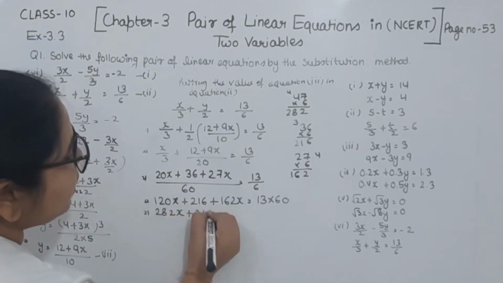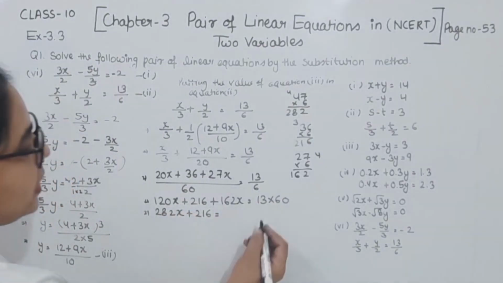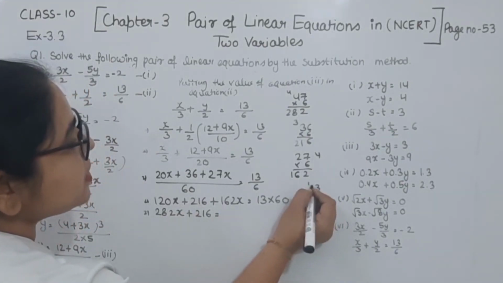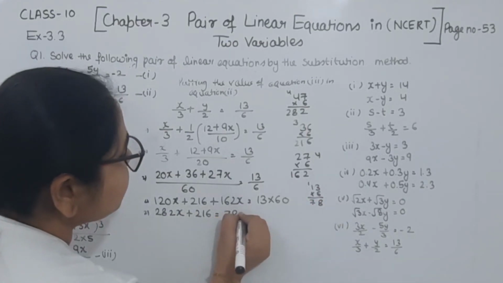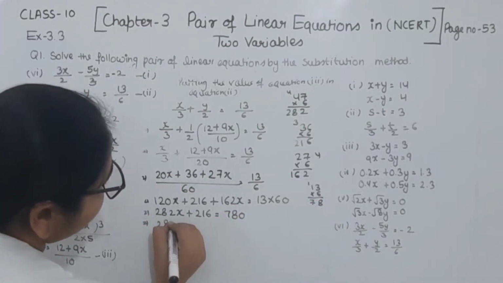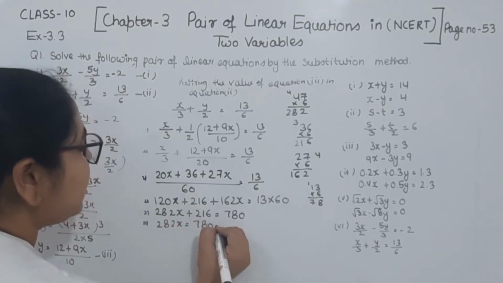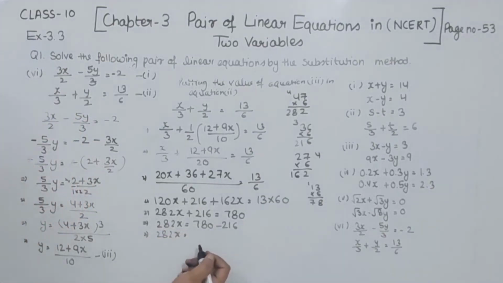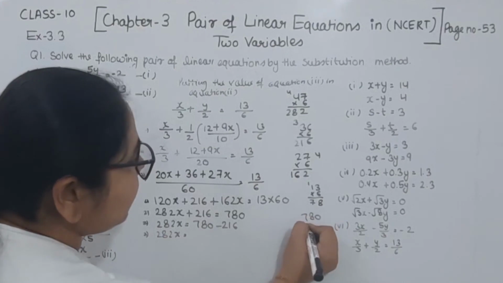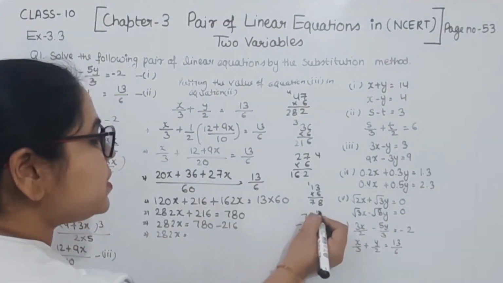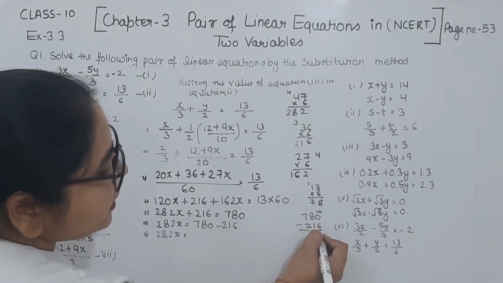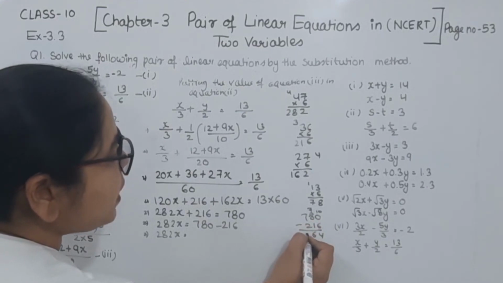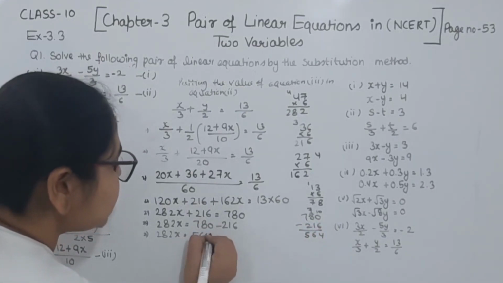So 120x plus 162x we are having as equal to 282x plus 216. This one we are having as equal to 13 multiplied by 60 we will have as equal to 6 3s are 18, carry 1, 6 1s are 6, and 1 7. So this one we are having as equal to 780. Now 282x is equal to 780 minus 216. So we will have 282x as equal to, we have to subtract this one. Here we are having 780, and this one we are having is 216. So this one will have 10 minus 6 we are having 4. This one we are having 7, 7 minus 1 we are having 6, and 7 minus 2 we are having is equal to 5. So this one we are having 564.